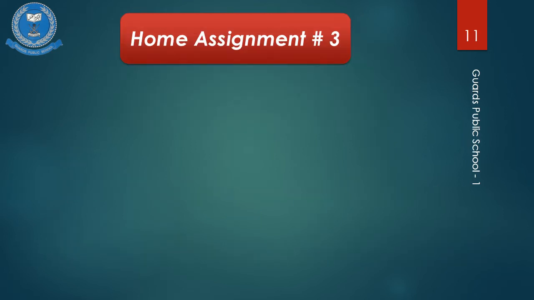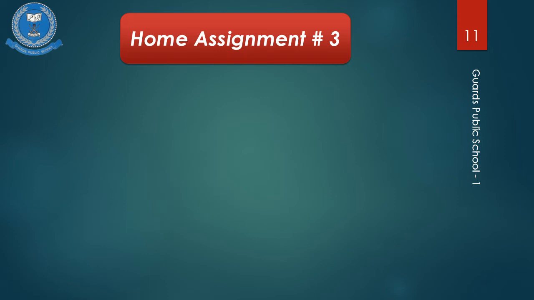Home assignment for lecture 3. Let me explain how you have to complete your home assignment. Students, you have to follow the same pattern which I have explained for the first two assignments. You have to copy all the questions with a blue ink pen and answers with a pencil. Total 3 questions are there for assignment number 3, and with each question one example is given. You don't have to copy this example. This is just to explain how you have to do the work in your copy.